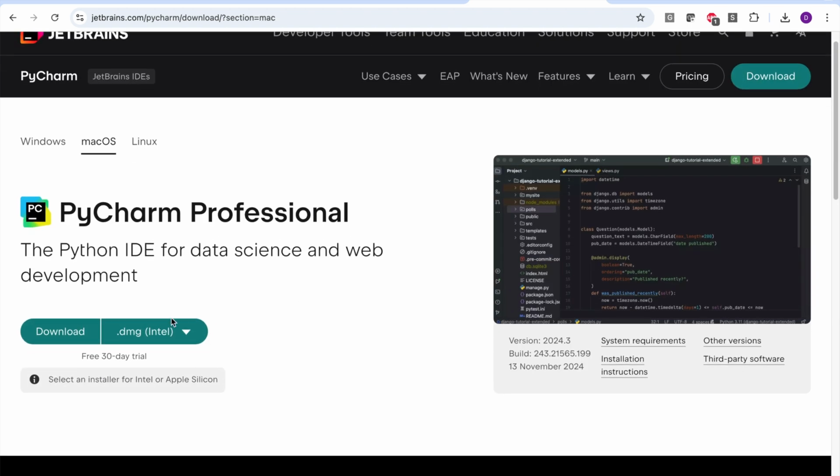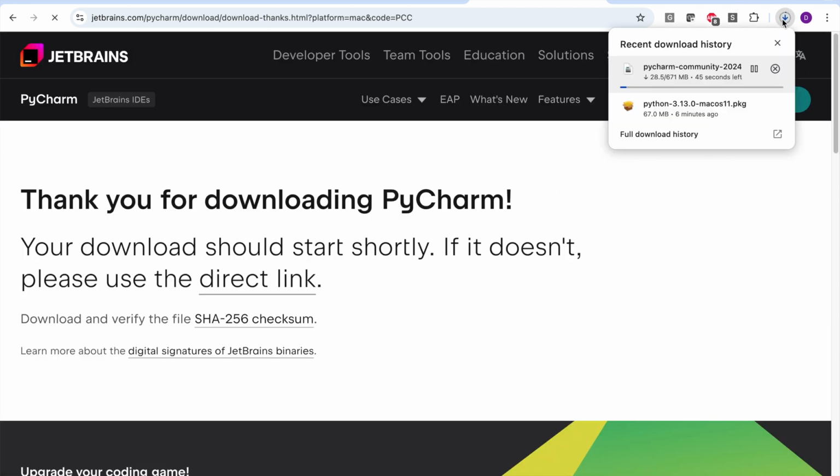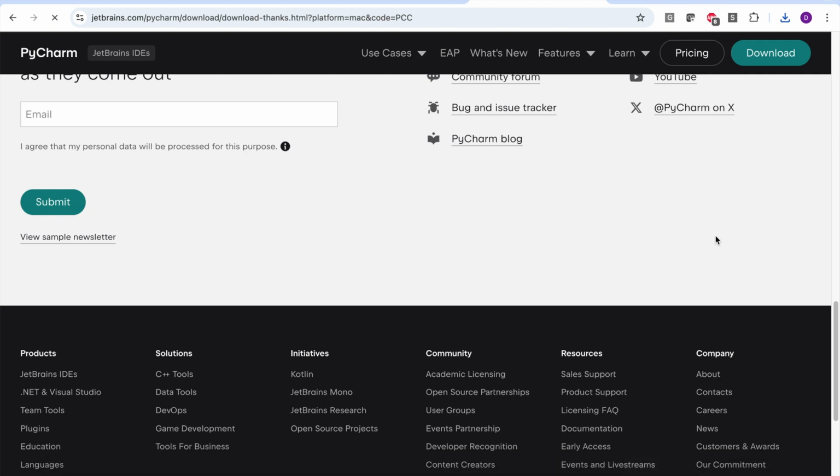So I will download for Mac. Click on it, and the download would start automatically. So PyCharm Community Edition is getting downloaded. Once the downloading is done, I'll have to open it and put it in the applications folder. Just follow the process of the individual operating systems. If you're using Windows, you'll have to keep on clicking next. If it is Mac, you'll have to put the entire folder in applications. For Linux, you'll have to use the tarball.